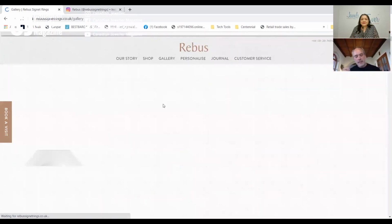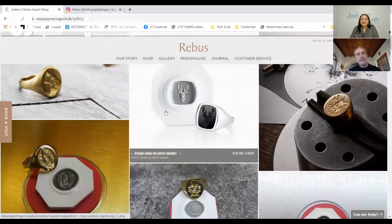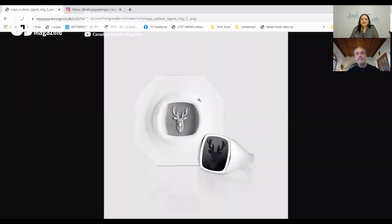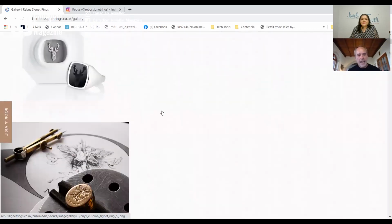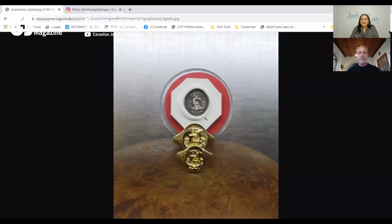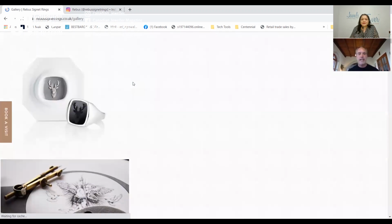But the key to anything that's sealed, engraved, is that they carry messages. And this is what I love about them. This is the marriage between my craft, hand engraving, and these vehicles that we can put our art into. It's a perfect marriage. And I just put a lot of energy into creating this website,